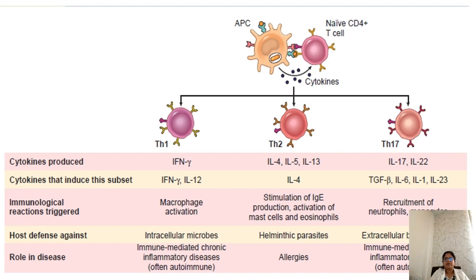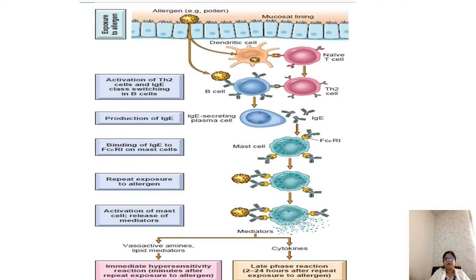So the post defense would be, if there are any intracellular microbes triggering this action, or if there are any helminthic parasites triggering this action, or if there are any extracellular bacterial antigens, then the T helper 17 will be activated. Okay. Yes, so as I've said, type 1 hypersensitivity starts with an exposure to an allergen,